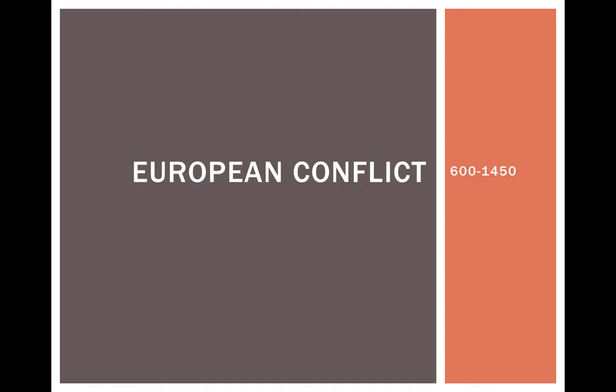Welcome back to AP World History, and now for our last series on Europe in the Middle Ages, we're going to look at the European conflicts that arise. Primarily, these are going to be religious conflicts, but there are going to be more conflicts between European states and also just a very, very bad incident through disease.